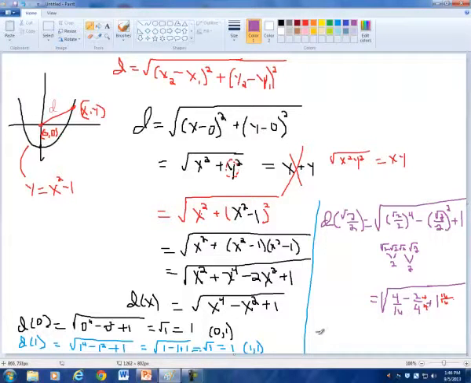And so that'll give us the square root of 4 over 16 minus 2 times 4, that's 8 over 16, plus 16 over 16, and so we get 16 minus 8, that's 8. 8 plus 4, that's 12. So we get the square root of 12 over 16,